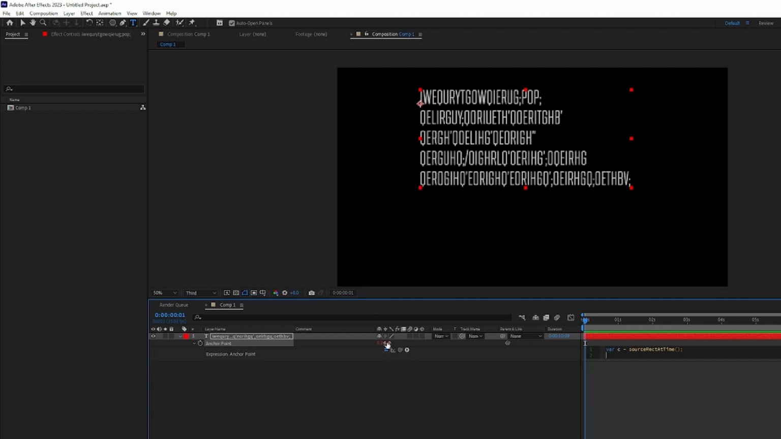So we need to define the X and Y coordinates for the anchor point with the lines of code. Since there are two items, put them in square brackets to define it. Otherwise, we get an error and After Effects doesn't recognize which is for X or Y. So we write the code like this: